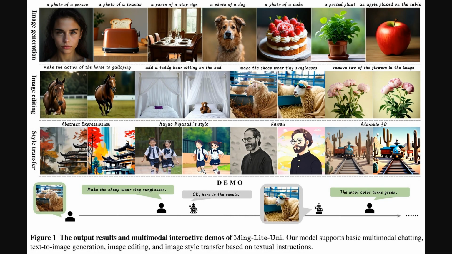Alright, so Figure 1 gives us a fantastic visual overview of what Ming-Lite-Uni can actually do. We see impressive examples of image generation, like creating a portrait or a toaster just from text. Then, there is image editing, such as making a horse gallop or adding a teddy bear to a scene based on commands. And finally, style transfer, transforming images into various artistic styles like abstract expressionism. The figure even shows a little demo of an interactive chat. This really showcases the system's versatility in handling diverse visual tasks through natural language, a core achievement highlighted by the